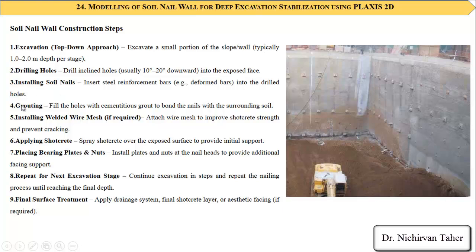After that, the soil nail, the steel bar, is inserted into the hole and filled with grout. And after the grouting, sometimes, as I mentioned before, if required, a wire mesh is attached to improve the Shotcrete strength. After installing the wire mesh, the Shotcrete is applied, which is sprayed over the exposed surface to provide